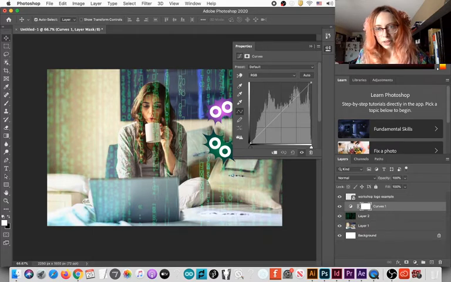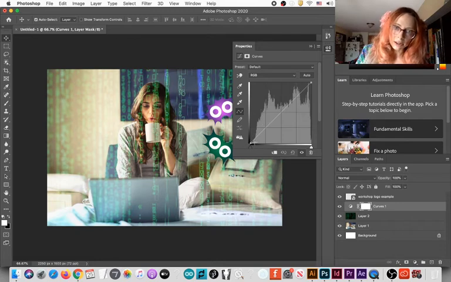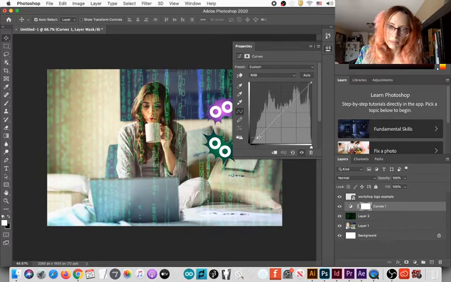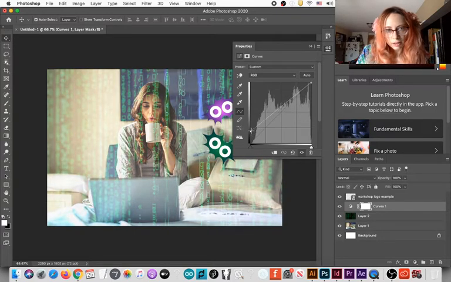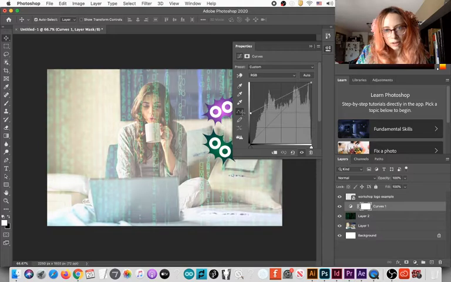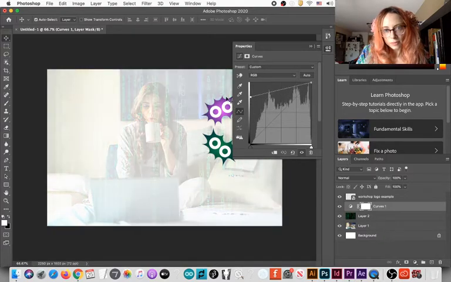The height of each and every column in the histogram shows how much darks we have, how much medium color we have, how much light color we have. And by changing the shape of this, by dragging and dropping this awesome curve, you can change the appearance, the lightness of the image we're working with.